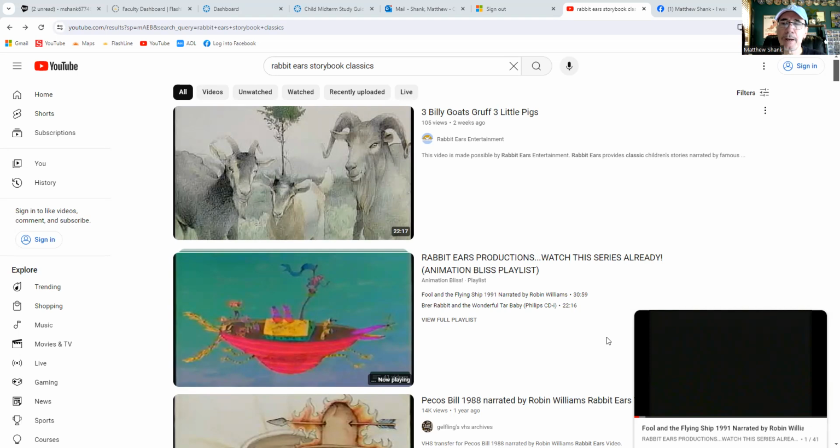But what's really cool about it is they took some of the most prominent actors of the time to narrate these stories. And then usually there was musical accompaniment, also by really prominent musicians of the time. So it was really a prestigious program that attracted a lot of great talent of the time. Sadly, a lot of the actors have passed away.